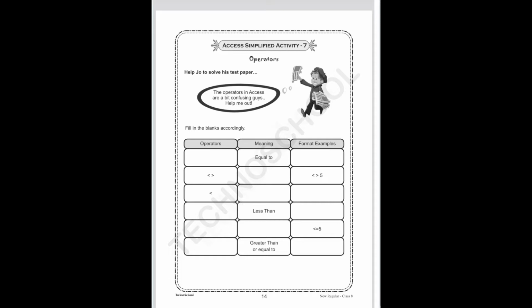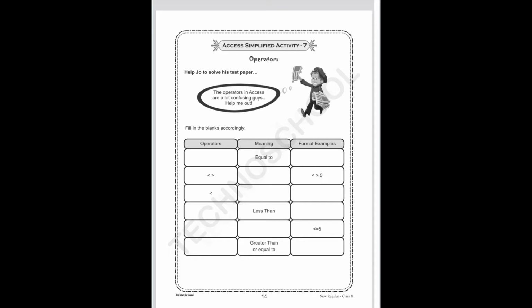It's a simple activity. Here we have to write operators and their symbols. Very simple activity. Let me explain the workbook activity and write the answers in your workbook in good handwriting. Give your presentation very neatly. Write the date of the activity at the top of the workbook. Activity number 7. Let me explain.